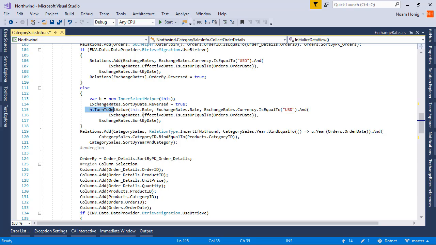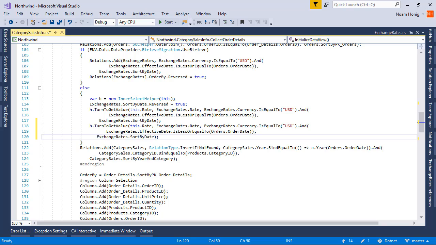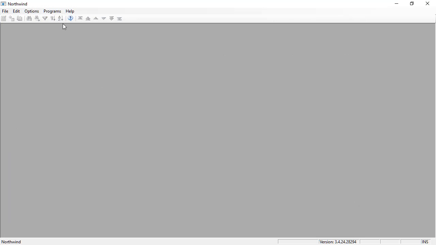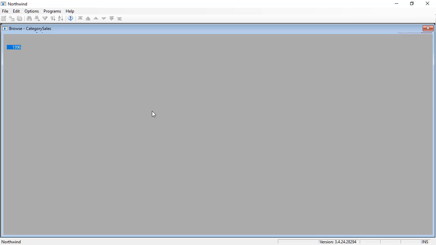And I'm going to copy this line, paste it and say I want to get effective date. Effective date. We'll run this. We can see that it works, hopefully. Perfect. And if we look at the profiler,